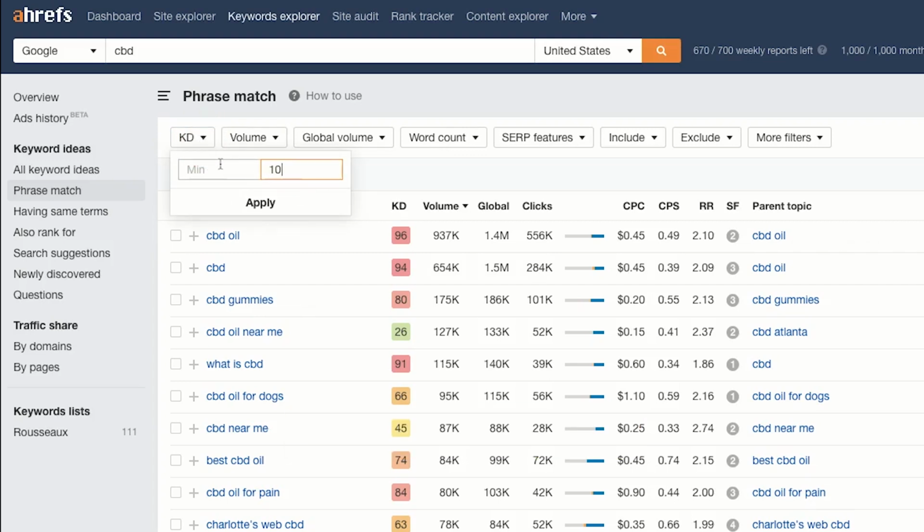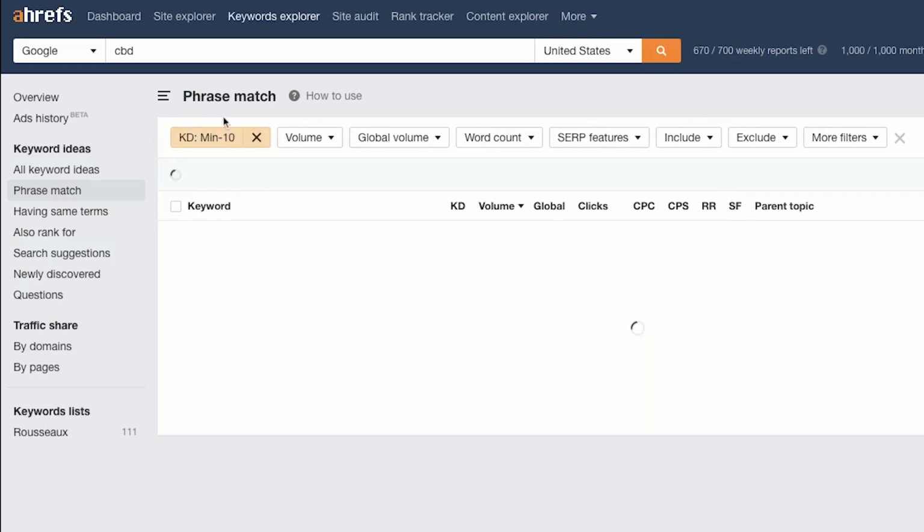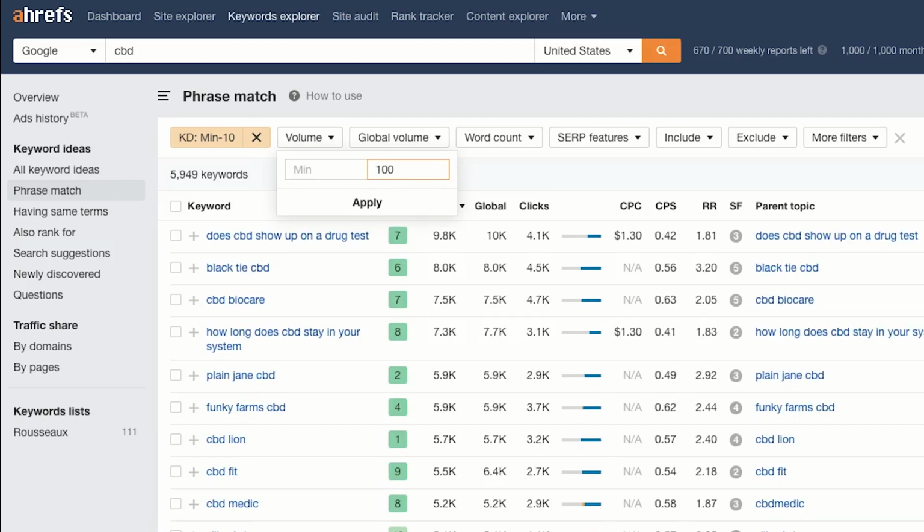So if we put a max of 10 there, now keyword difficulty, it goes from 0 to 100, 100 being the hardest, 0 being the lowest. And if we type in 10, that means we can find and filter low competition keywords that we can actually start ranking for, right? So if we type in that, and then if we change the volume to 100 max,